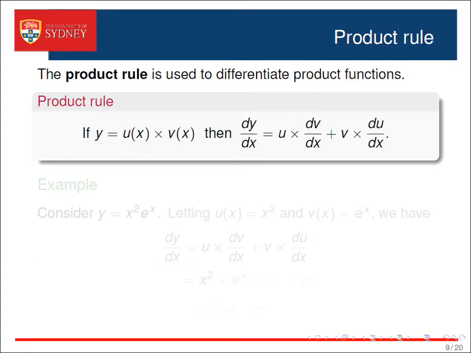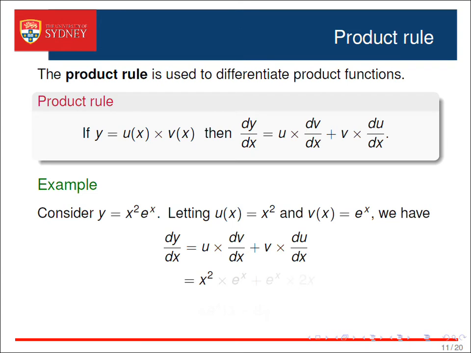In the previous module, we learned how to create a new function from two existing ones using the operation of multiplication. These product functions are differentiated using the product rule for differentiation. For instance, consider the product function x squared multiplied by e to the x. Letting our first function u be x squared and second function v be e to the x, the derivative is therefore the first function